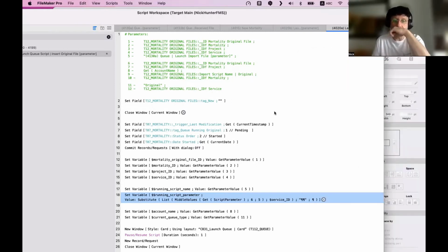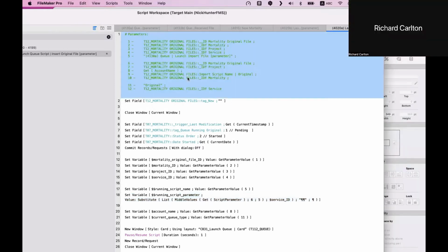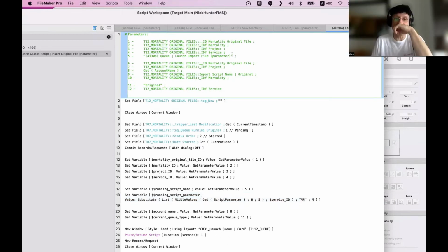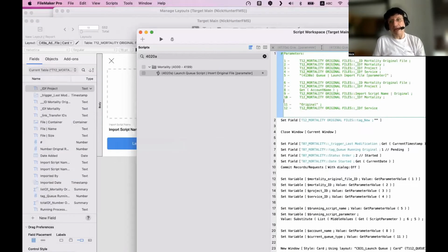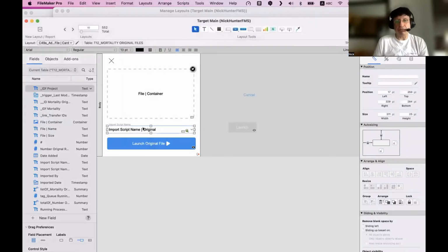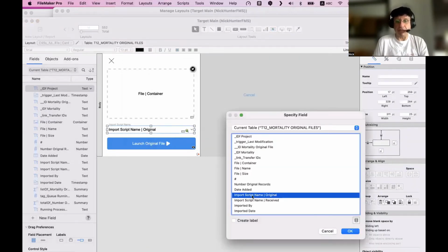So now, in my script parameters here, I have the name of the script, 4130A. And I have the parameters. Those are parameters. And in the parameters, I have the import script name original. I have a field here, import script name.